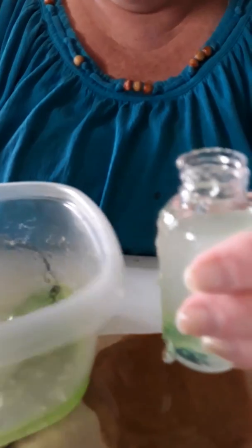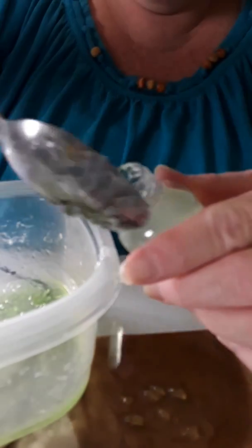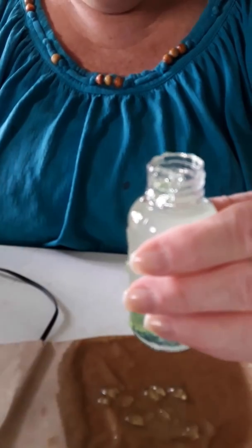And I am spilling it everywhere. That's alright. Alright guys, don't worry about the mess. I'm sure you'll have a funnel or something to do it a lot easier. So anyways,